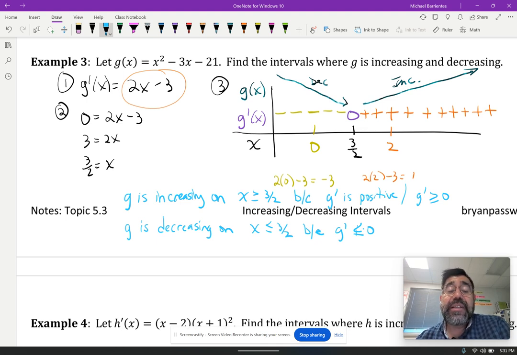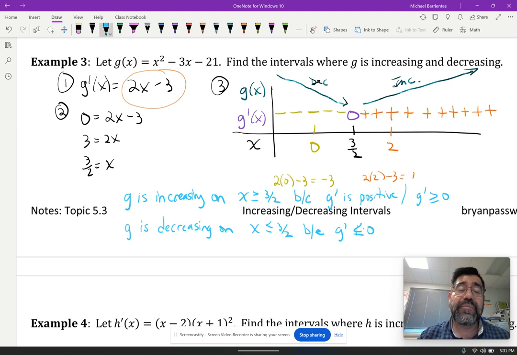The next section says, can you find out where the graph has relative minimums, like little valleys, and relative maximums, little hills? Well, just by looking at the sign chart, we can tell there's going to be a relative minimum at x equals 3 halves because the graph is going down and then it's going up. So it must have had a minimum point at x equals 3 halves. Do I know what the y value is? No, although I guess I could substitute 3 halves into the formula to figure it out. But at least we know there's a relative minimum in this graph, which we could have predicted because we knew